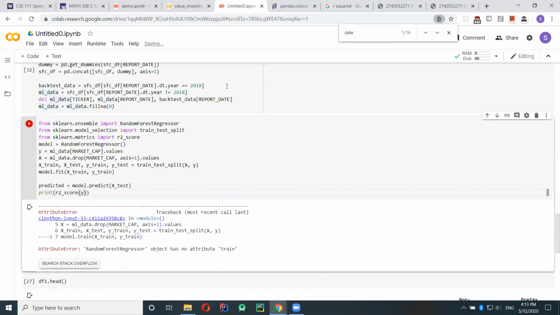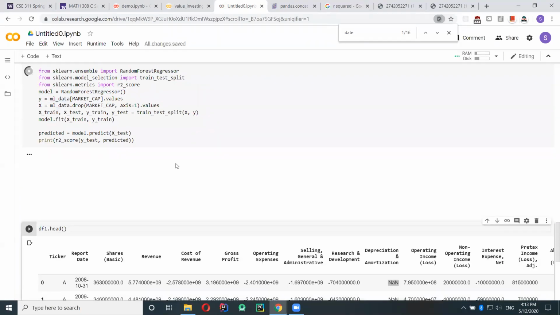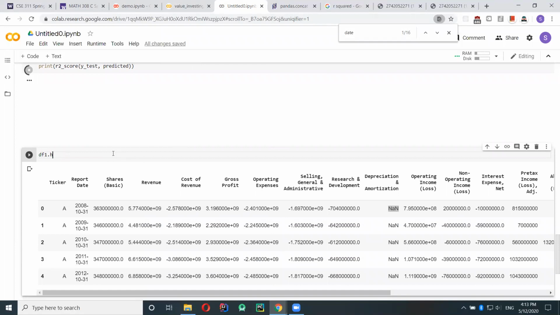So you put in your real values and then you put in what the model predicts. Okay, let's see how this model does. It takes a while because it's machine learning. It's probably better if I use Keras, but I have not used Keras yet. I've only used sklearn. Okay, while that's loading, let's work on our trading model.